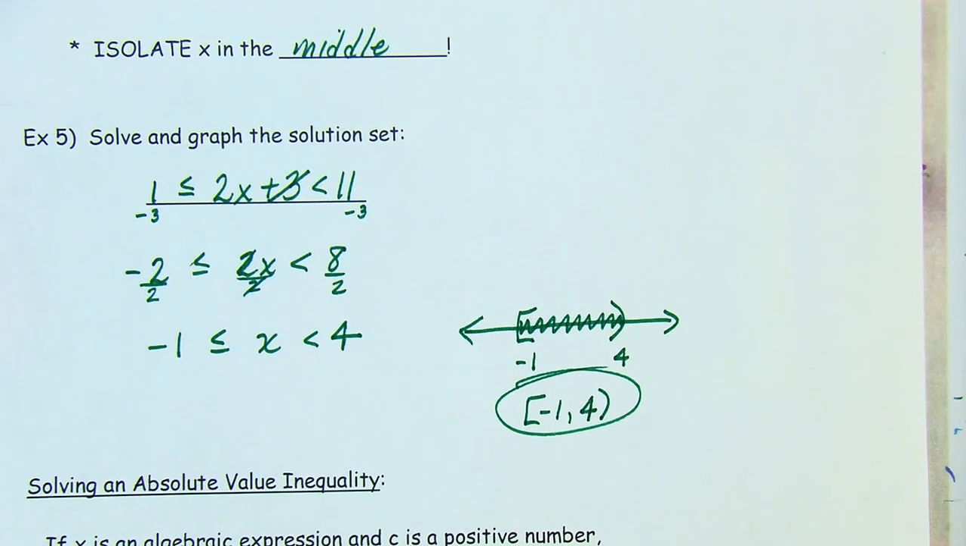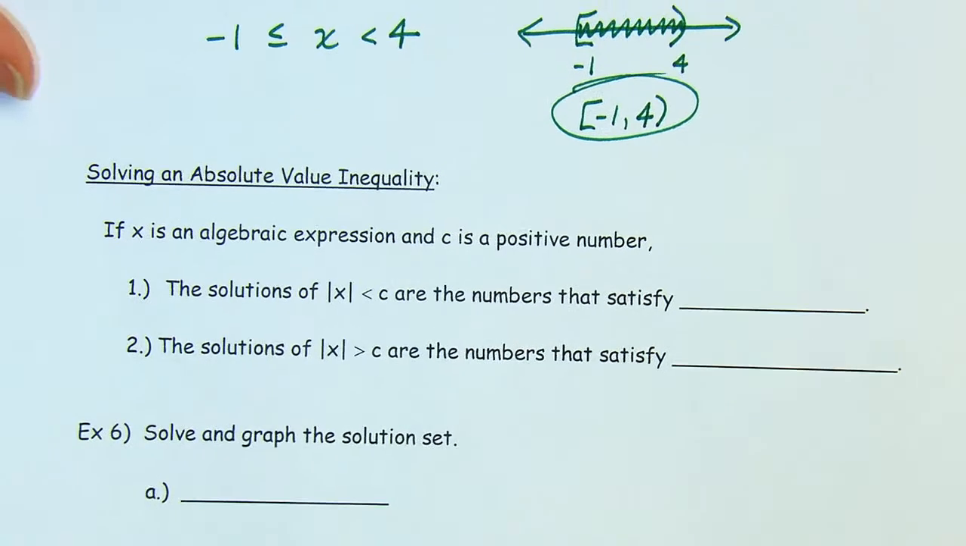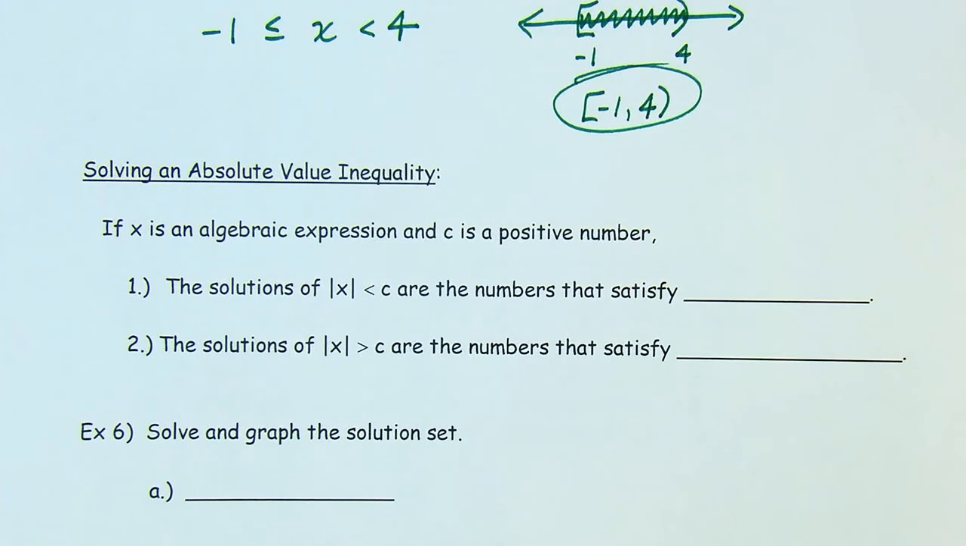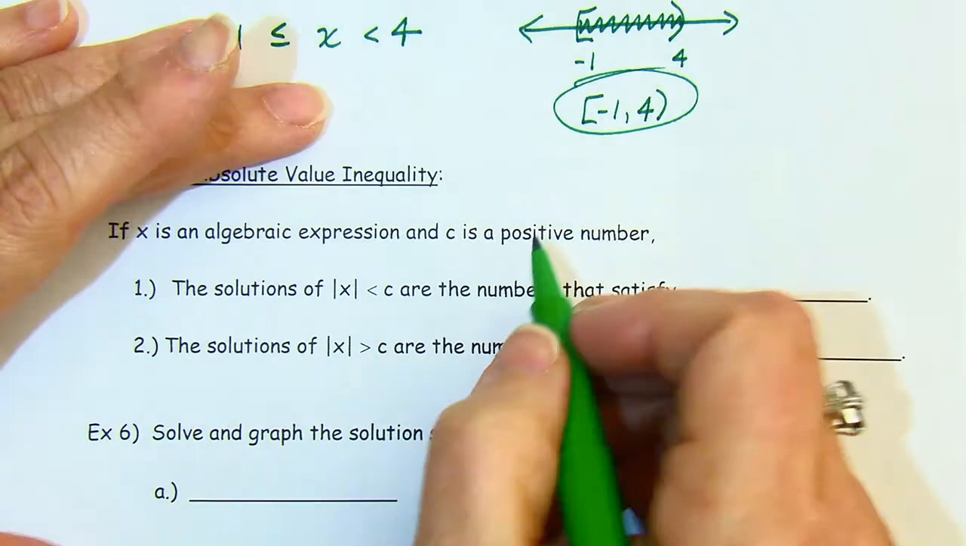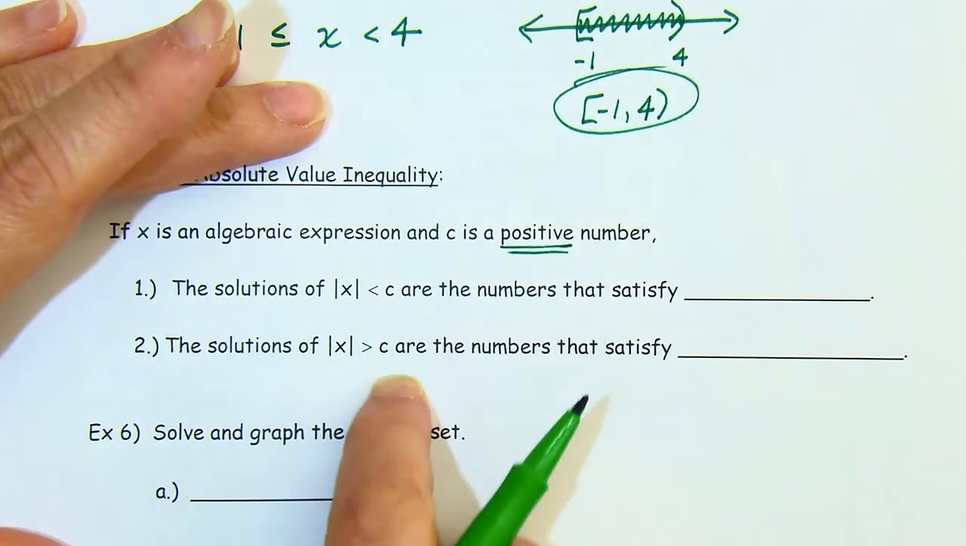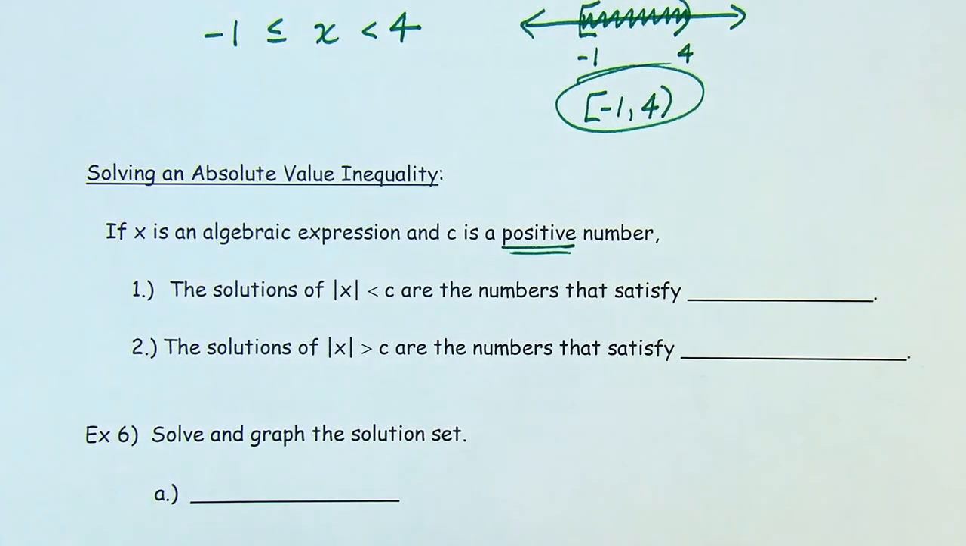Now your absolute value inequalities. The dynamics of this is going to change a little bit depending if I am less than or greater than. And remember with absolute values you have to set up 2 cases. One for the positive case, one for the negative case. Meaning the positive case of what would be inside the bars and the negative case of what would be inside the bars. If x is an algebraic expression and c is a positive number, remember this guy's got to be a positive number, especially with our equations,